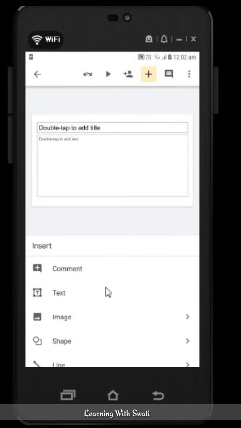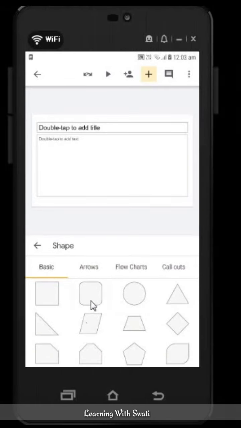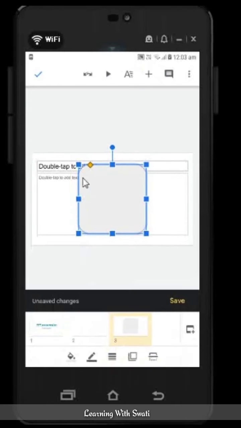Here in your PPT you can add a comment or text or image, or any shape you can add. For example, I will add here one shape.